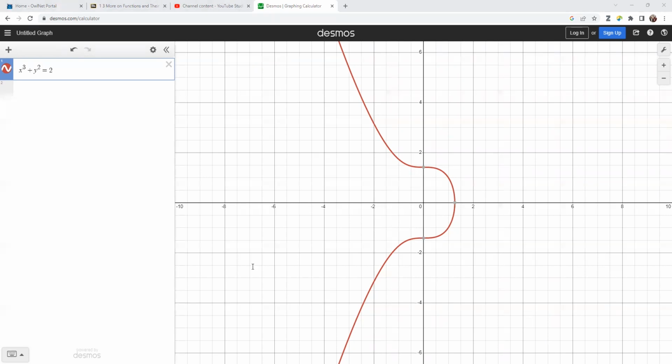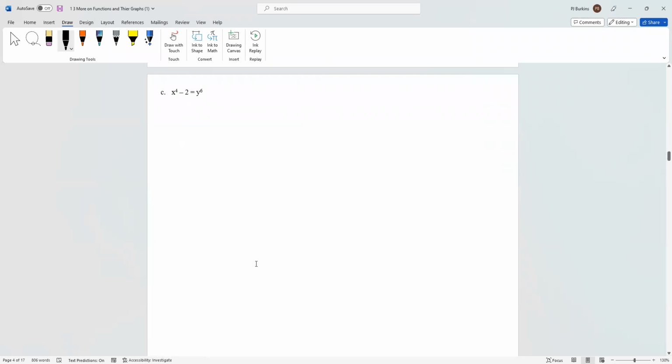We have one more example here. Let's go ahead and take a look at this. So I have x to the 4th minus 2 equals y to the 6th. So first thing I do is I plug in a negative x. So I have negative x to the 4th minus 2 equals y to the 6th. That becomes x to the 4th. That's an even power, and that is the same. So this is symmetric